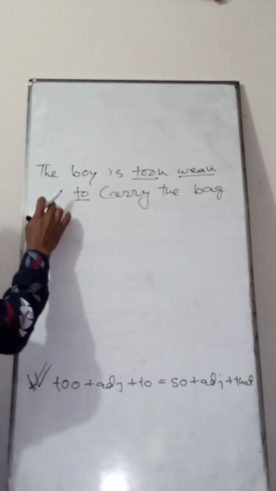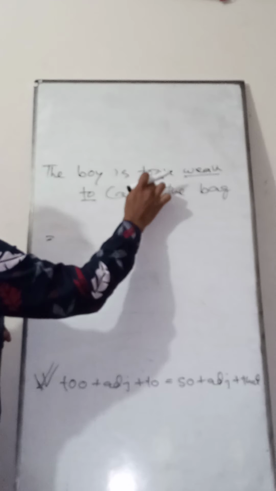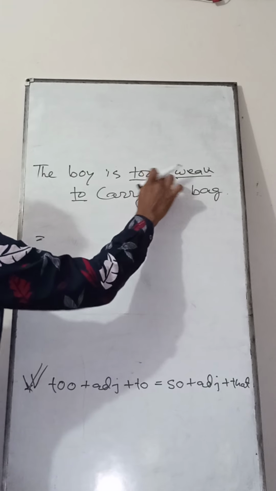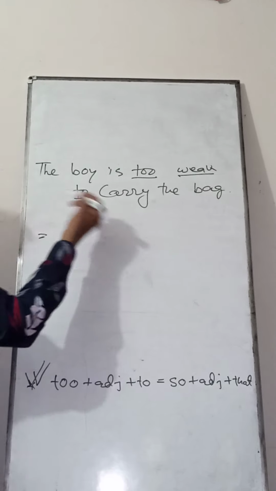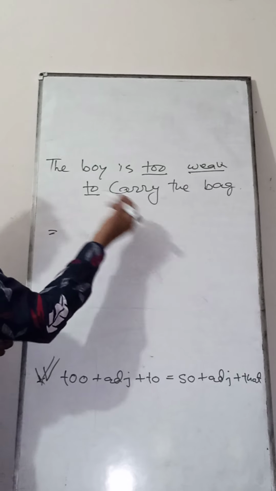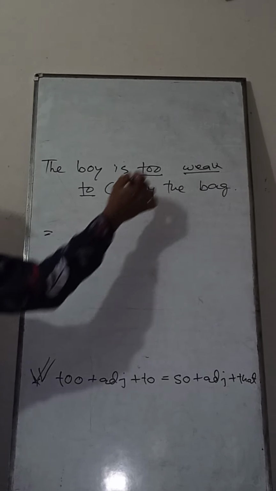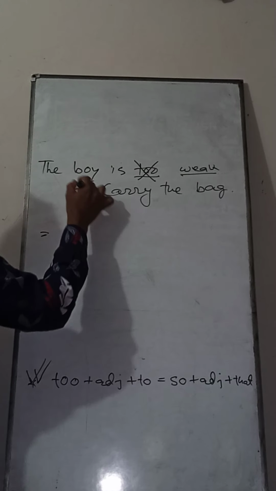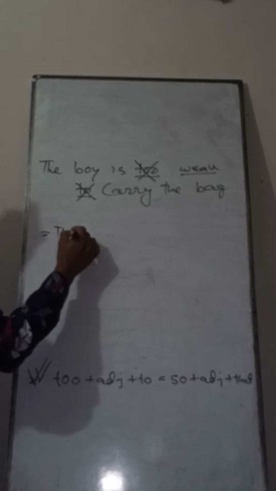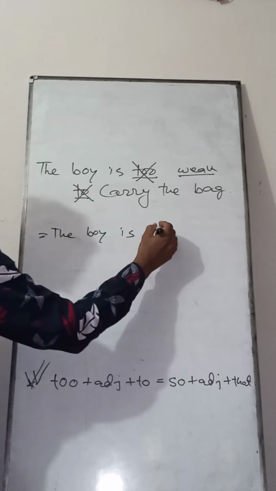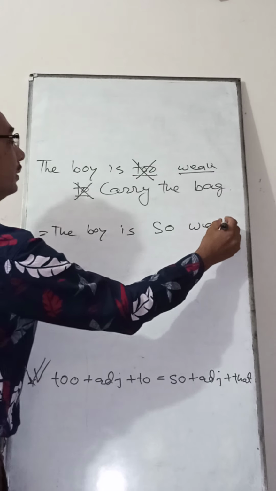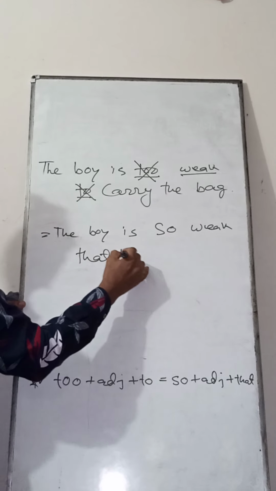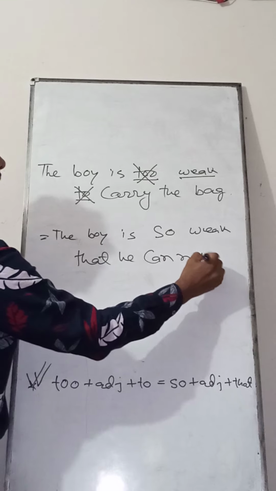If you find a simple sentence with too plus adjective plus to, you have to transform it from simple to complex, so plus adjective plus that, and you have to withdraw this too and this to. The boy is so weak that he cannot carry